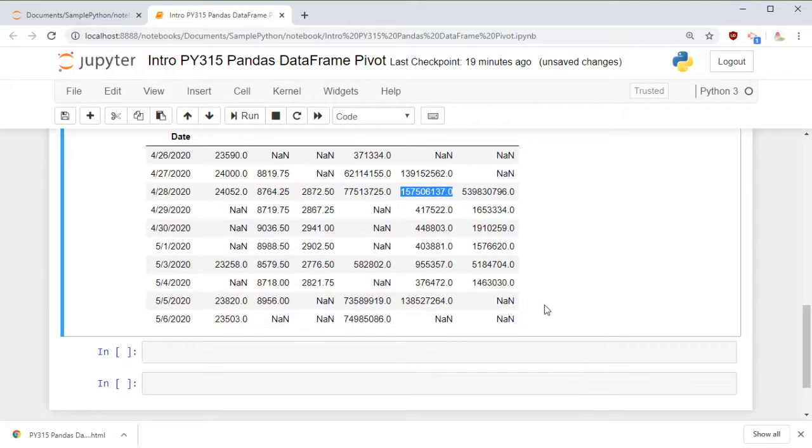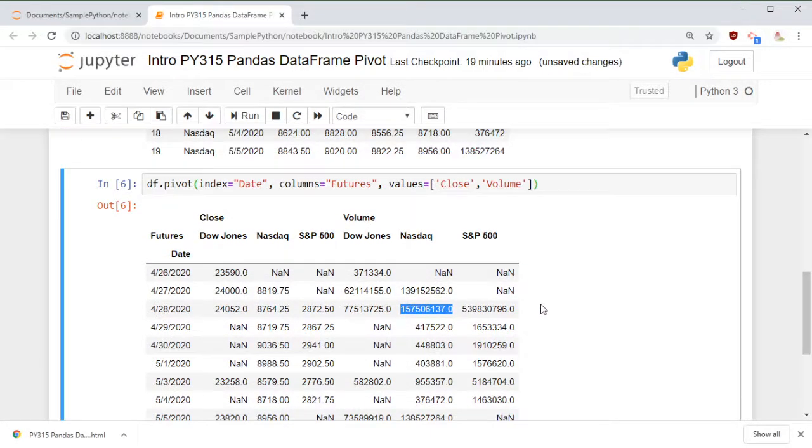So this is pretty user friendly, and we just say dataframe.pivot, and we pass the row as index, and the column will be columns, and whatever data you need you put in values. If you need more data, just put a comma and you can feed all of those here.